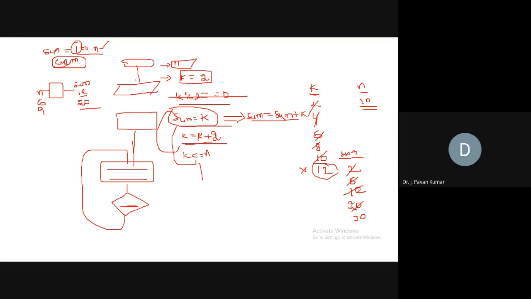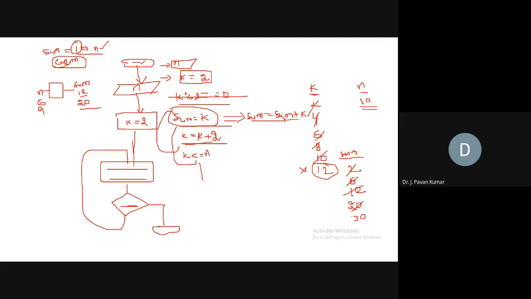Now you fill in this diagram. What do you call these boxes? I hope you can fill. This is start. If you are having any doubt, you can follow now. This is start, and we are taking n as the input. After that, k value we have to initialize with the value 2. Why? Because we wanted to display only even numbers. Then here we will be performing sum is equal to sum plus k.